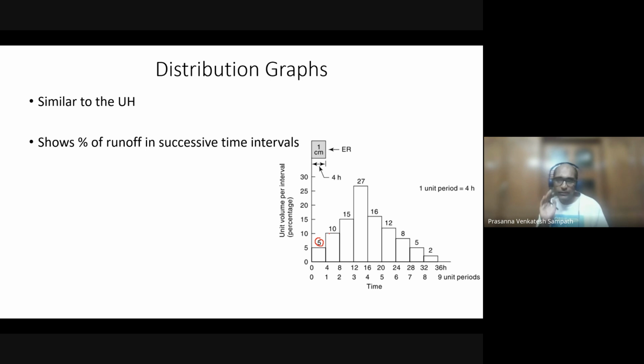So, for example, if I give you the distribution graph of a catchment and ask you to predict the direct runoff from this particular catchment due to 2.3 centimeters of excess rainfall, for example, okay, the percentage of runoff produced will be the same whether it is 1 centimeter of excess rainfall or 2 centimeters or 2.3 or 5.7, whatever it is, right? So what I'm trying to say is, okay, so let us say, so I have time on the x-axis and discharge on the,